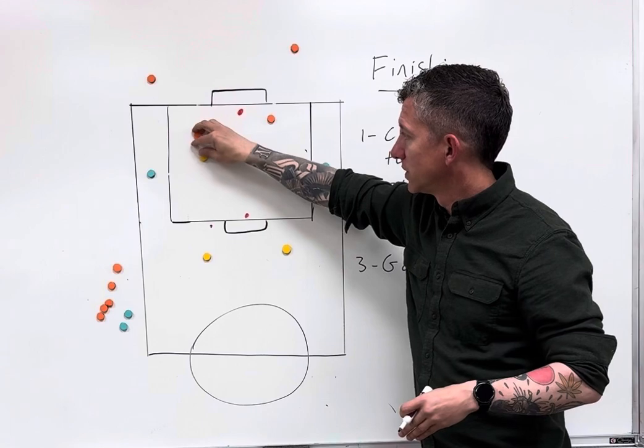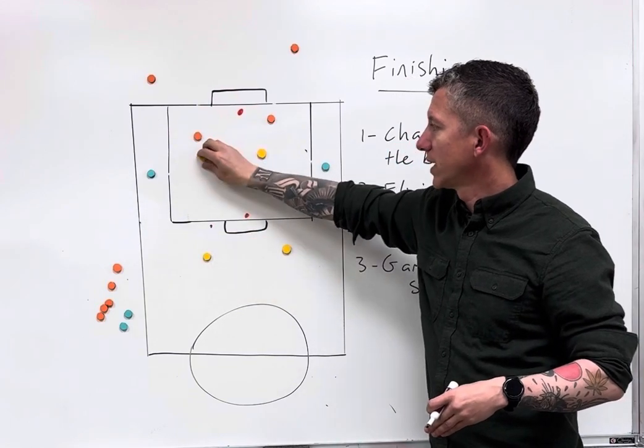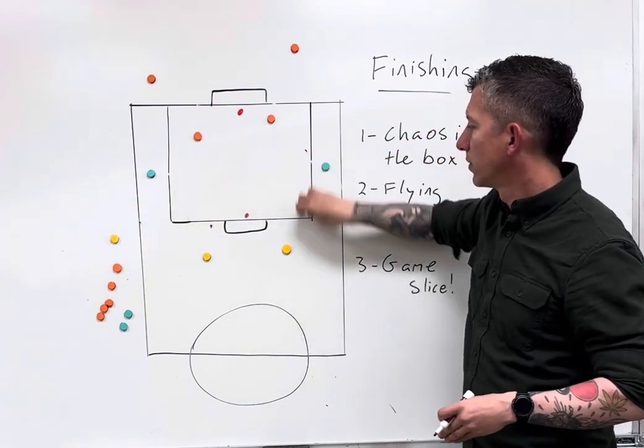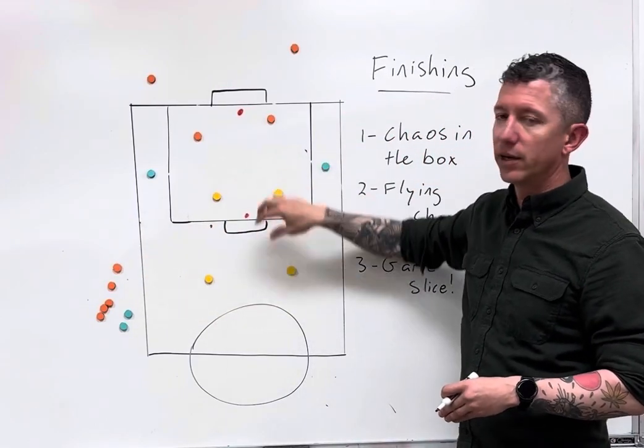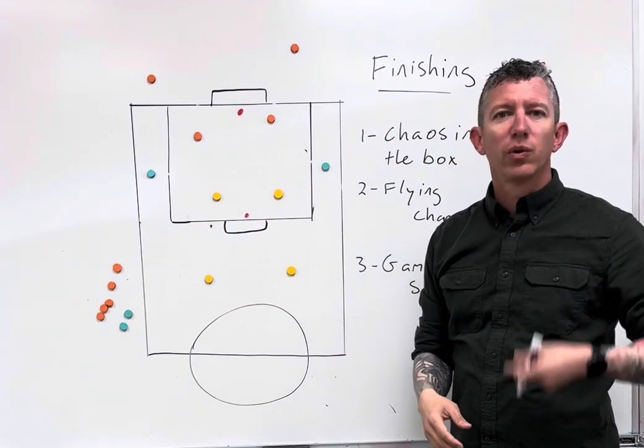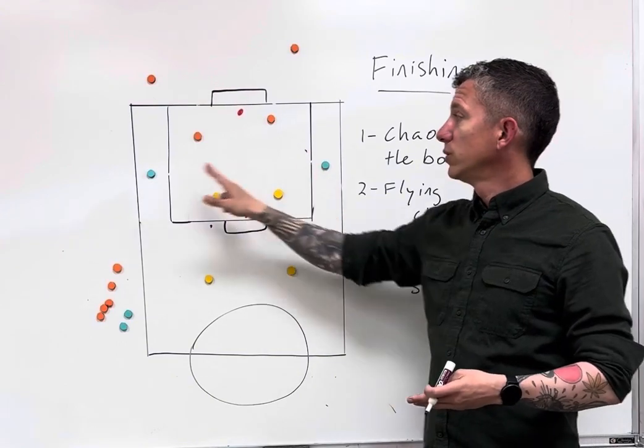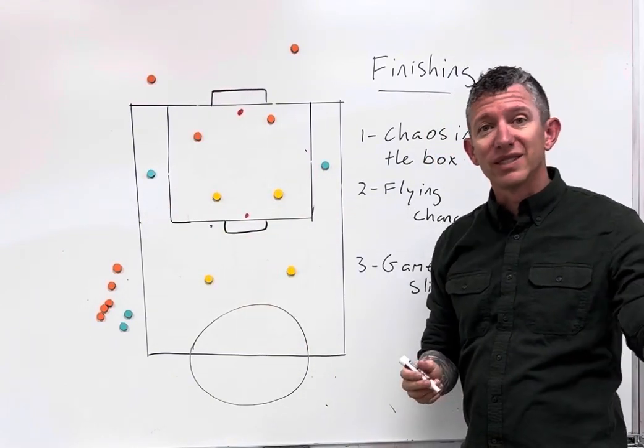Subsequently, these 2 attack. Let's say this person shoots, the ball goes out. These 2 come off, reset into their lines, and the next 2 yellow enter to attack. So it's very quick, very high paced, and with the neutrals on the outside, you can incentivize those same kinds of finishing